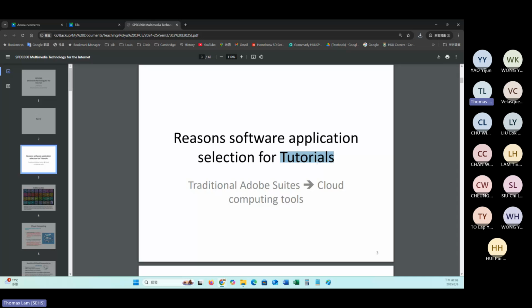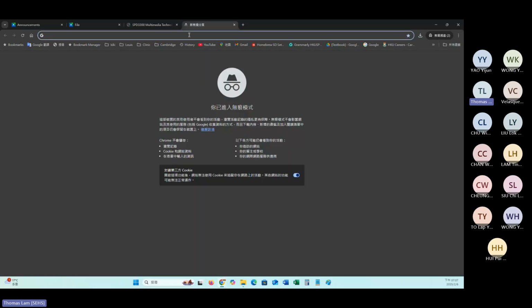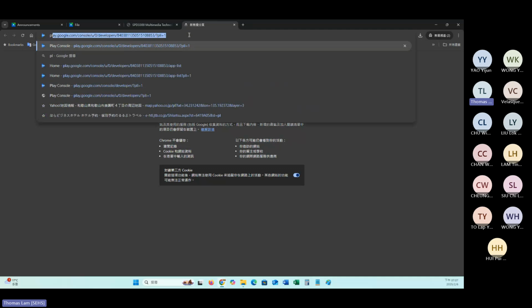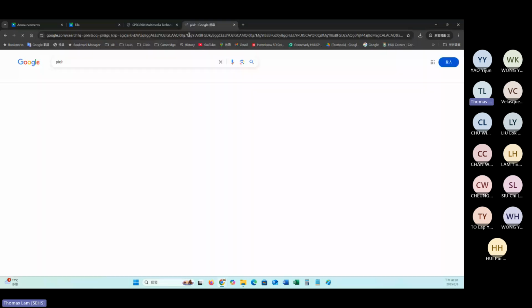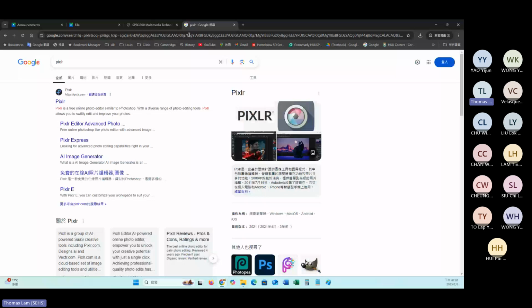And again, for the online platform, I mean the cloud platform, we have so many choices. For example, the tutorial exercise that you did last time is a service. It should be this one, Pexel.